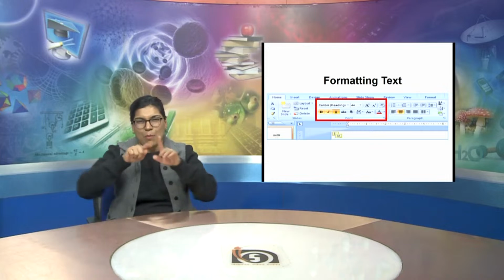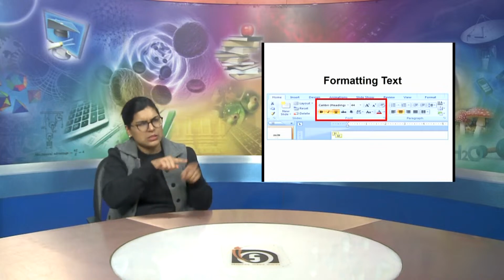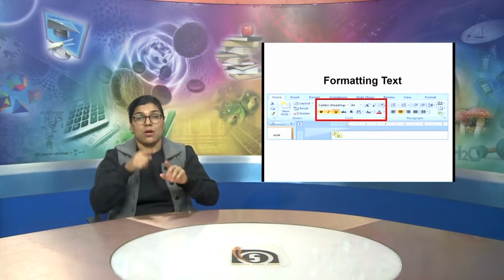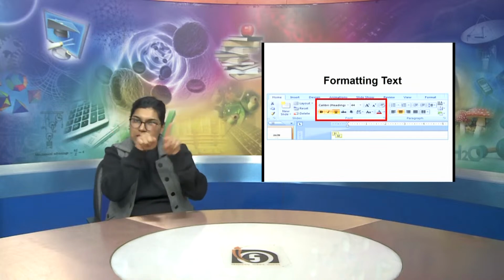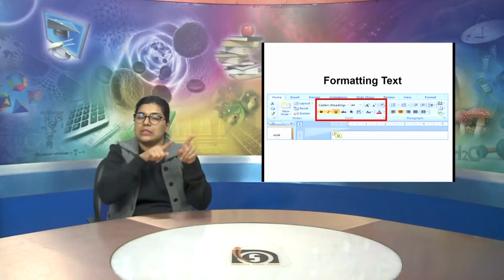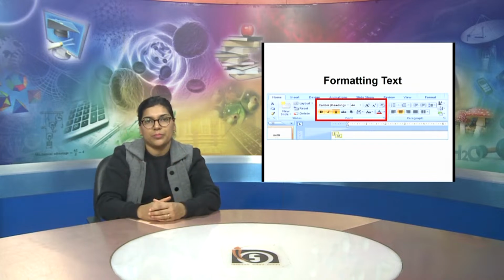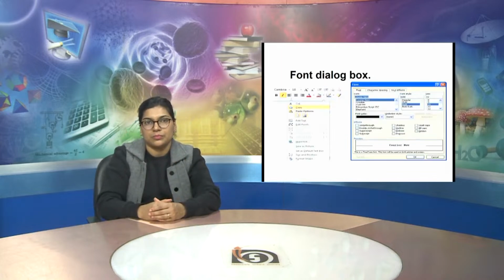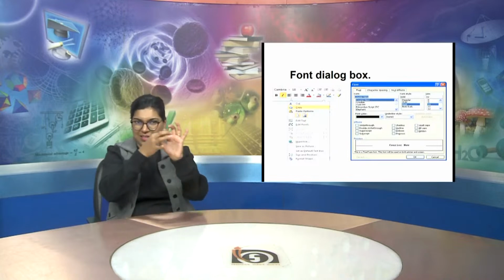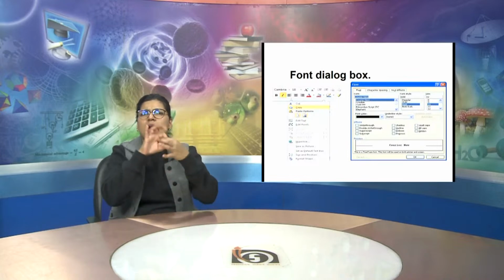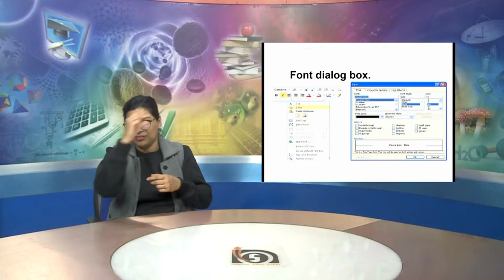In the Word lesson, we already have understood this tool of formatting text. Here on screen you can see the red box. It is the same tool which was there in the Word file. In continuation of the previous tool, the font dialog box,